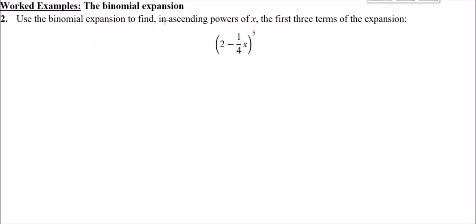The last one, we're going to use the binomial expansion to find in ascending powers of x the first 3 terms of the expansion. So importantly, it says the first 3 terms. So the hint here is don't waste your time doing the whole thing. We want ascending powers of x. The x term is the last in the binomial, so we're fine. This will naturally ascend. And so this here, the first 3 terms,